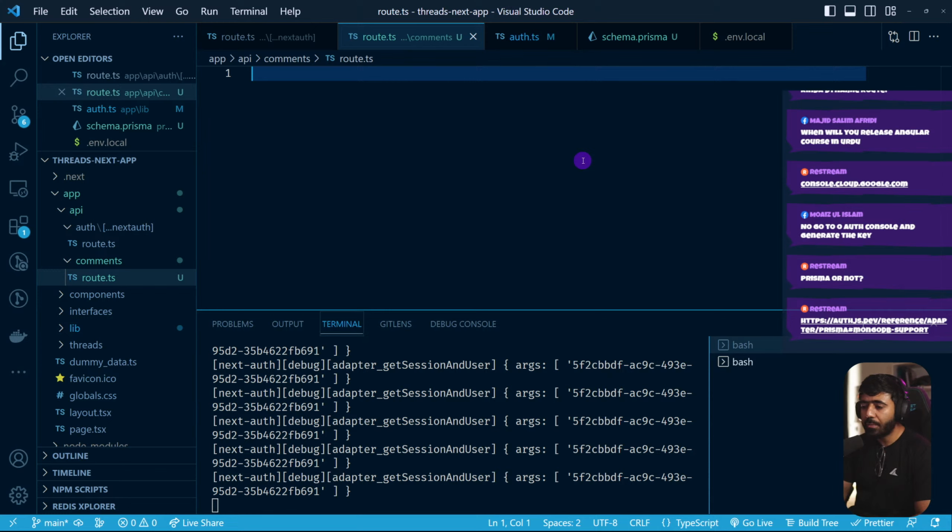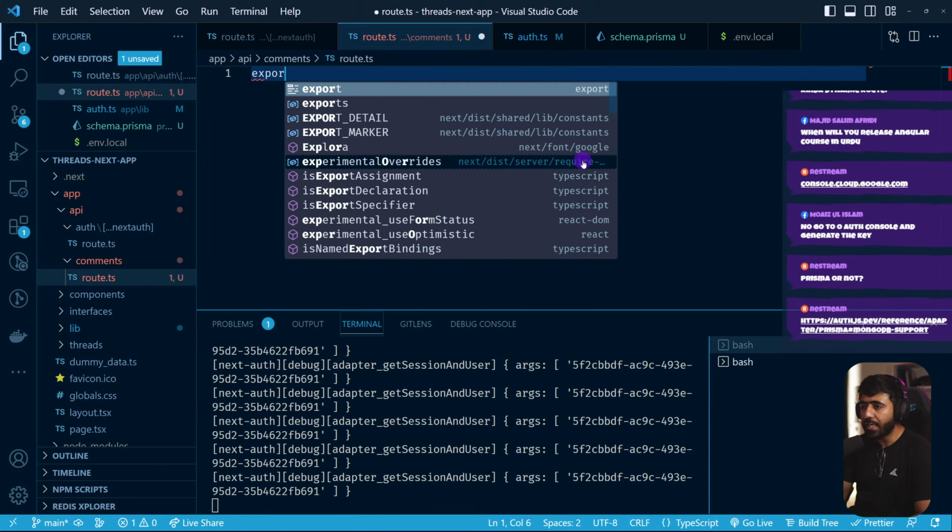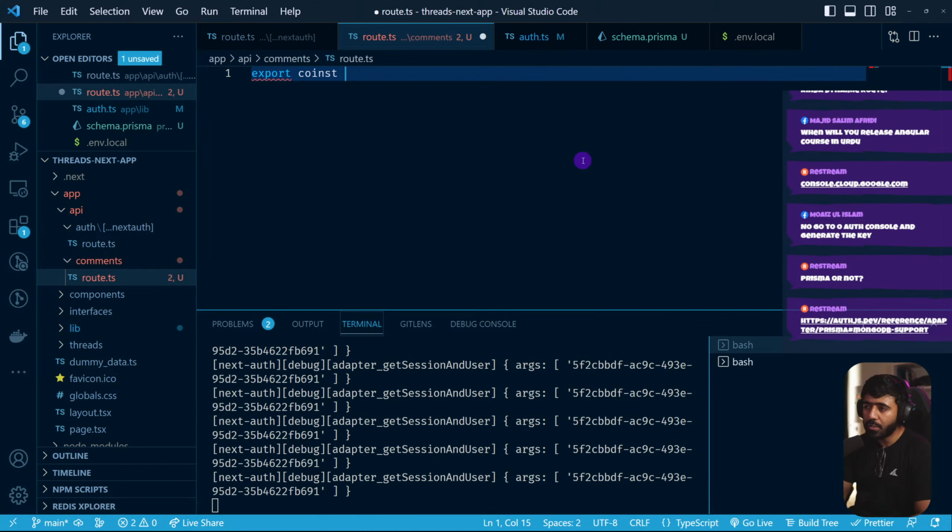So Next.js APIs, if you go here, you can say export const get,